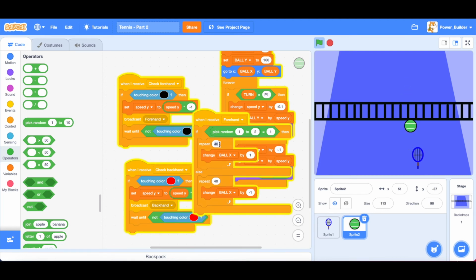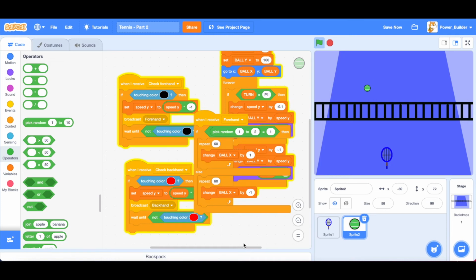And we change this to 50. Okay, this is turning out to be a pretty good game.